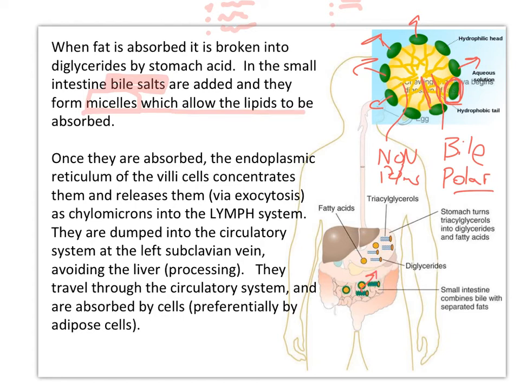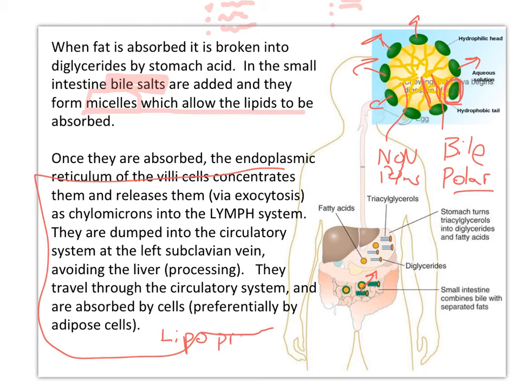And then we'll talk a little bit about how they go in through the circulatory system. But the way that they go into the circulatory system, they get surrounded by some proteins. So you're going to have proteins and these fats,